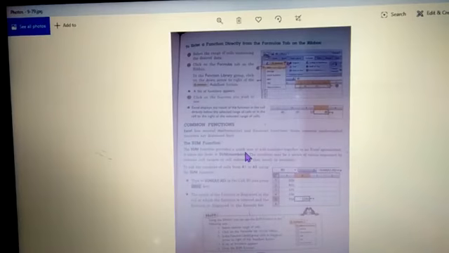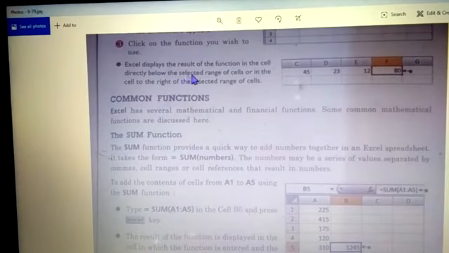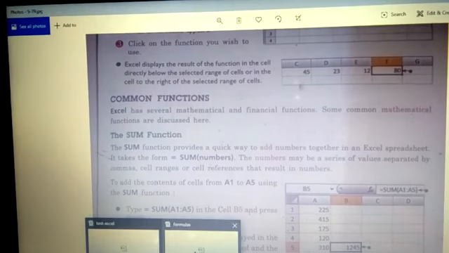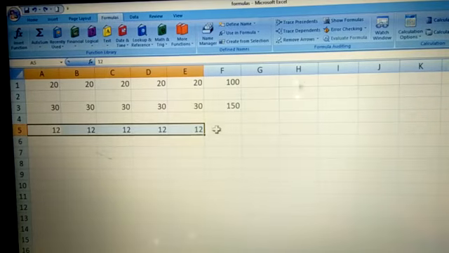See, Excel displays the result of the function in the cell directly below the selected range of cells or in the cell to the right of the selected range. So I have selected my range from here to here. So the answer can come below it or towards the right of the selected range.